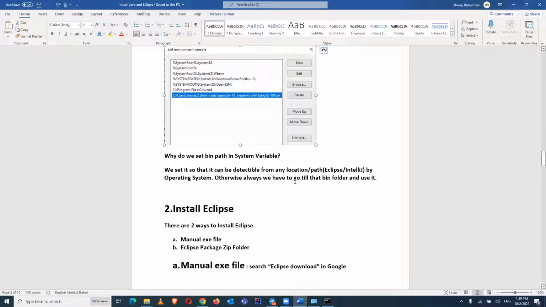Otherwise, we always have to go to that bin folder and use it, right? If we set the system variable, we can access it from anywhere, from any folder, okay? So that's why we have to set the system variables. Once Java is installed in your system, what you have to do is install